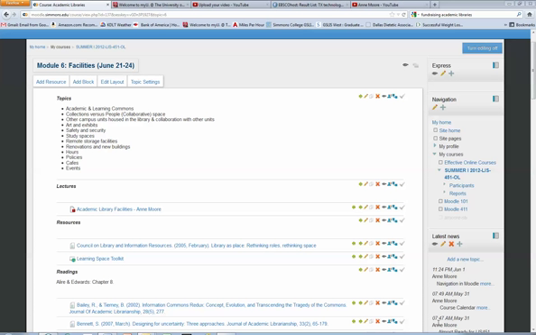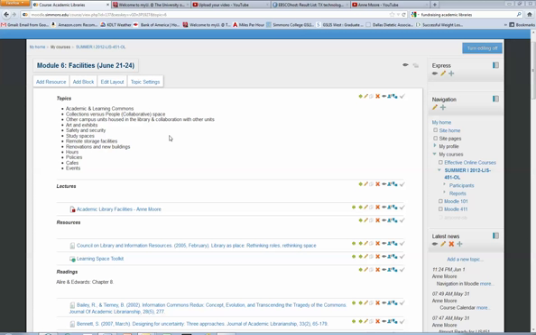Facilities. This is one of my favorites because you get to study what we're doing with libraries today, which is a lot. So our topics for this particular module, which runs June 21 through 24, are the trend of academic and learning commons and research commons, the balance of collections versus people spaces in libraries, other campus units being housed in the library and our collaboration with them, and then other uses of the building, such as arts